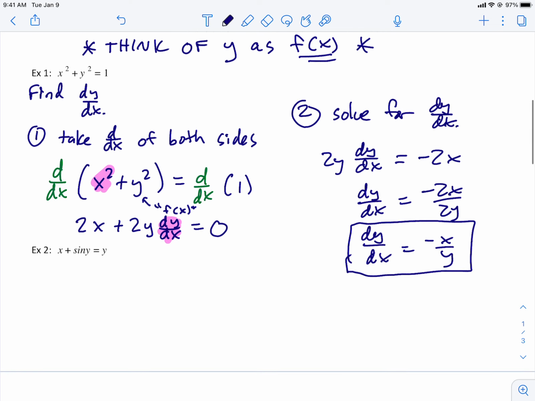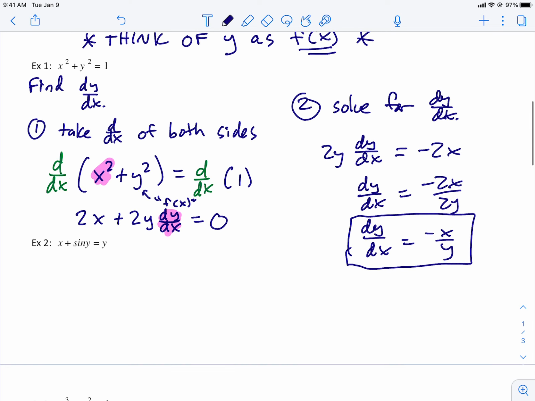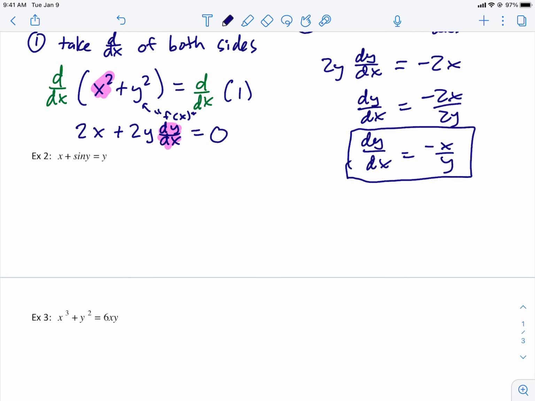Anyway, let's try this one. Example 2. So again, we're going to take the derivative of both sides. Well, maybe let me just rewrite it. So I'm going to take the derivative with respect to x of the left-hand side and the derivative with respect to x of the right-hand side. Okay? So here,